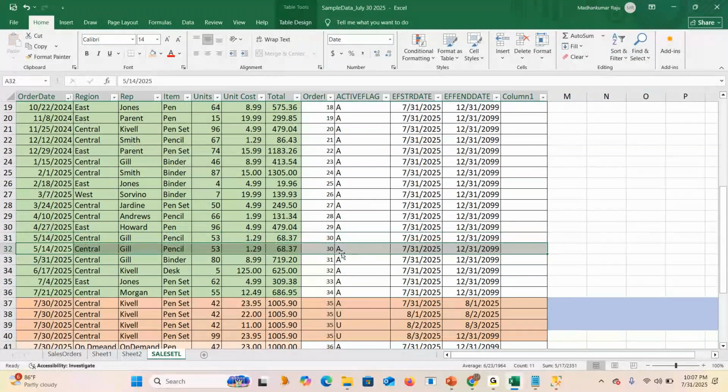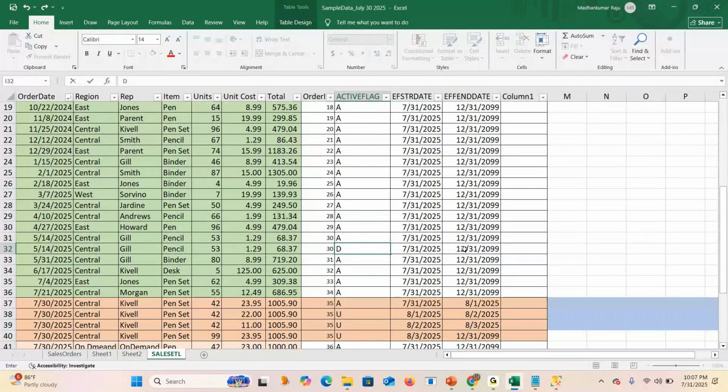This is how it will happen. The recent one will have D, and the date will be 8/1/2025.